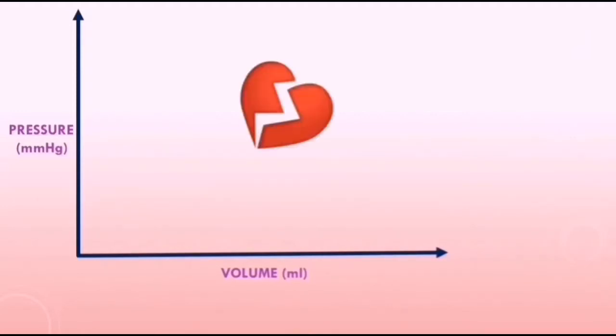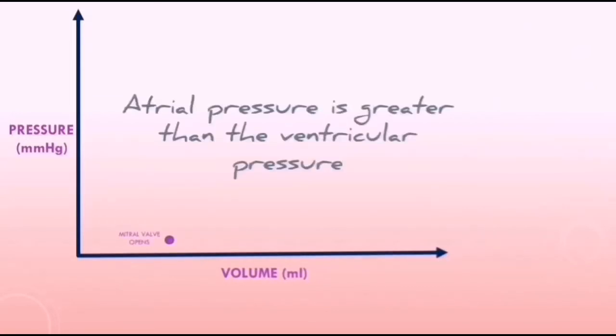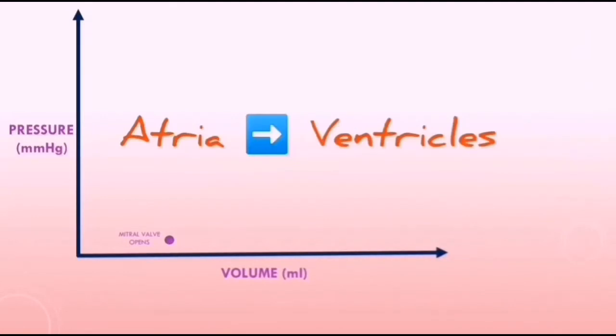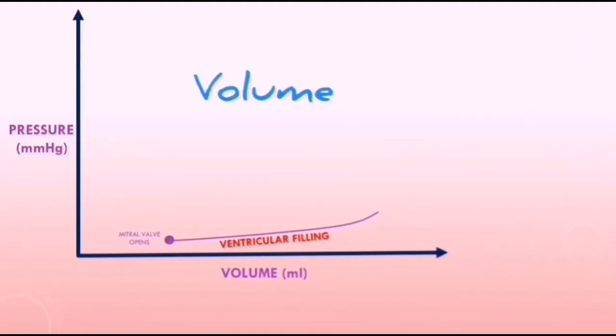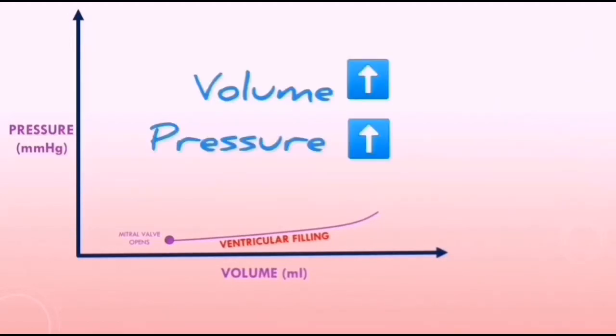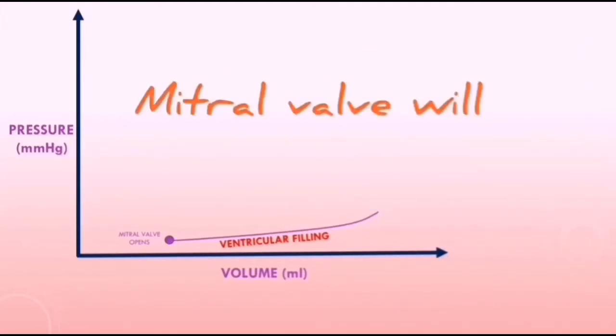If we focus on the left side of the heart, when the mitral valve opens, this is when the atrial pressure is greater than the ventricular pressure. So blood is moving from the atria into the ventricles. The ventricle will start to fill with blood. When this happens, the volume inside the ventricle will start to increase and the pressure in the ventricle will also increase. Eventually, the pressure inside the ventricle will increase above the pressure in the atria, so the mitral valve will